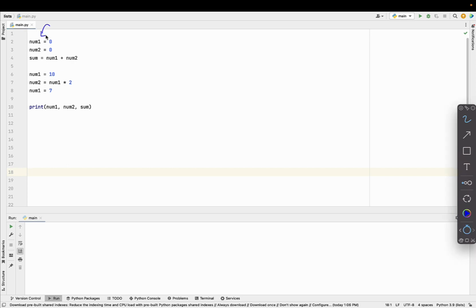So this little equal sign is the assignment operator. So on this first line, how I would say this out loud is num1 is assigned 0. Another way I could say that is num1 is set to 0. Okay, we don't say equals because this is not the equality operator, and this is not